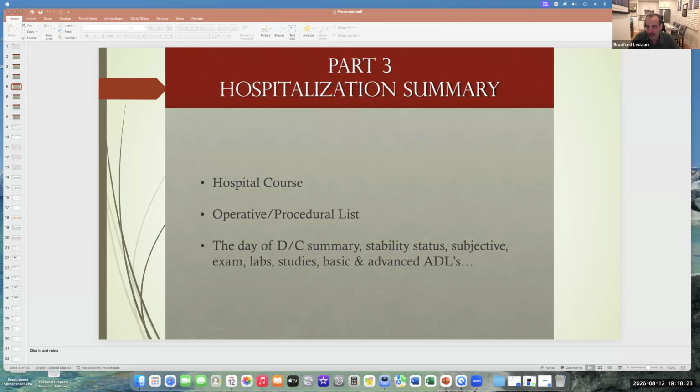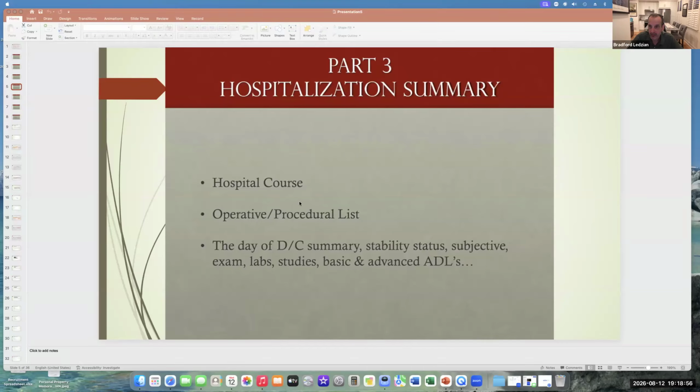Now you can copy your previous note forward, which has hospital day 1, 2, 3, 4, 5, and today you're adding hospital day 6, and at the end of it, you can just have your hospital course cut and pasted right there. So it's much less of an issue. You need a list of all the operations that the patient had and all of the procedures that they've had. And so if you think of this ahead of time, it's very easy to keep a running tab within your note, especially with electronic medical records, of things as they happen.